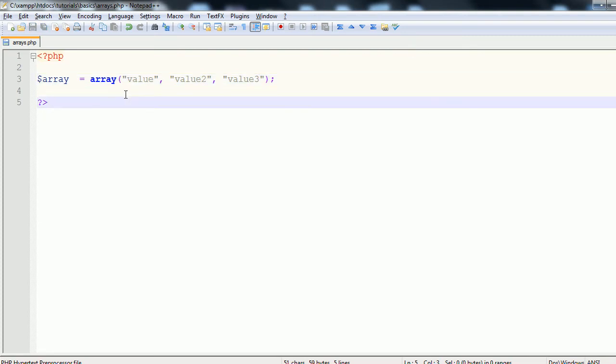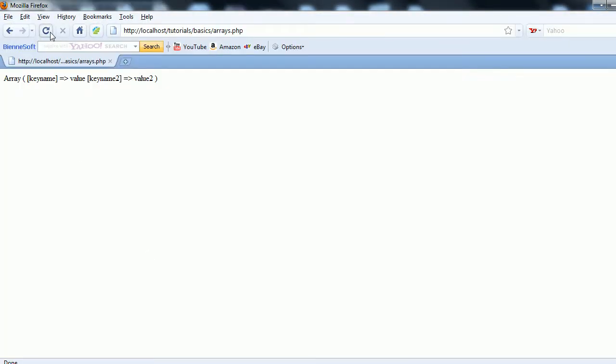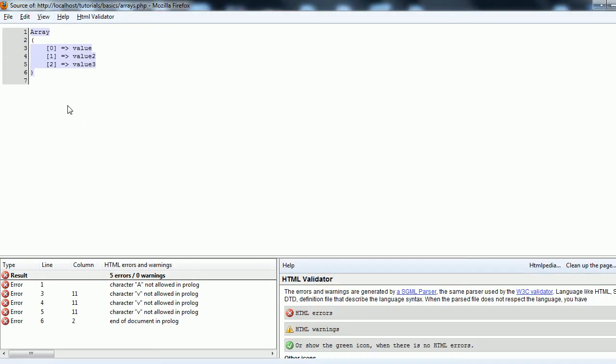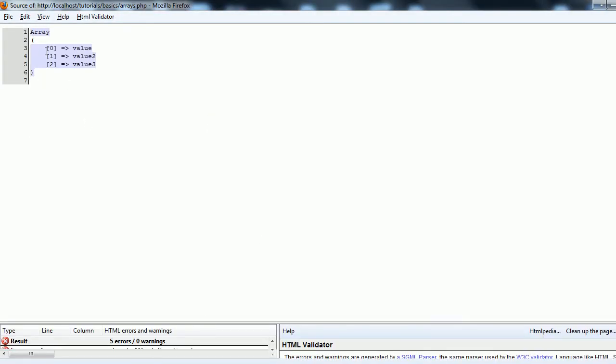So if I print this array out as well, so we'll go print, oops, and refresh this page, and we will view the page source. You can see that PHP has auto-set the keys to 0, 1, and 2, assigning the values in the order that I specified them. This will be used quite frequently, just to use the keys of 0, 1, 2, especially